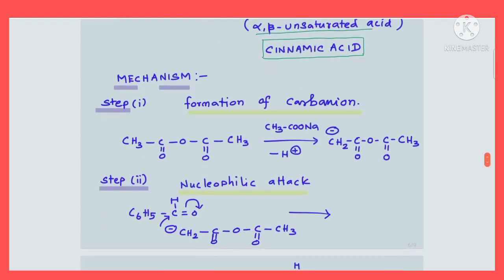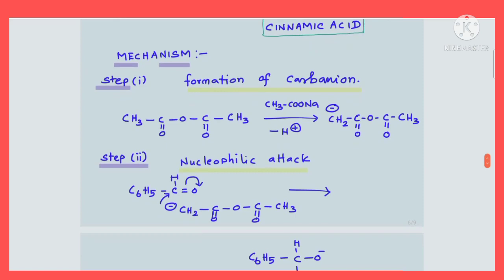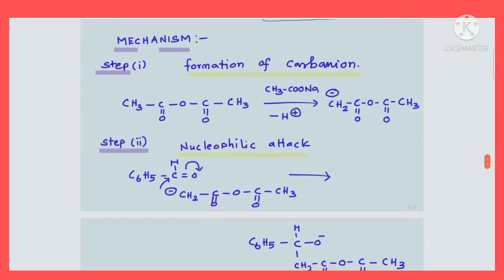Okay, right. This mechanism of Perkin reaction is almost similar to aldol condensation. What we discussed in the previous videos, I think you remember it, isn't it? Aldol condensation occurs in 3 steps. The first step is nothing but formation of carbanion. The second step is formation of alkoxide anion. The third step is nothing but protonation. Then we have one more step. After protonation we get a hydroxyaldehyde that may undergo dehydration on heating and will give an aliphatic alpha beta unsaturated aldehyde, isn't it? So a similar mechanism is followed by Perkin reaction also.